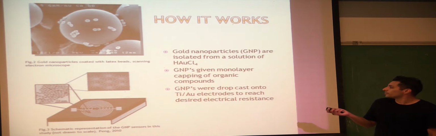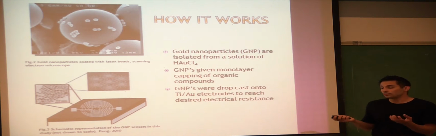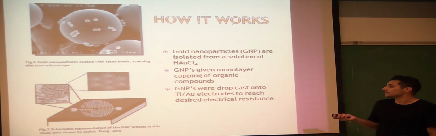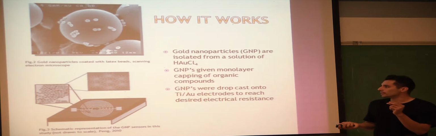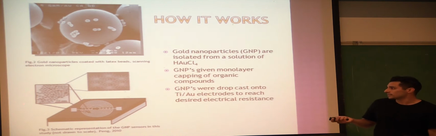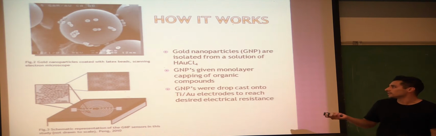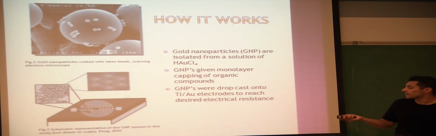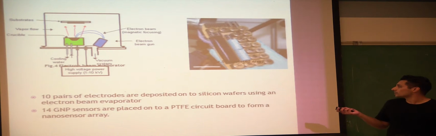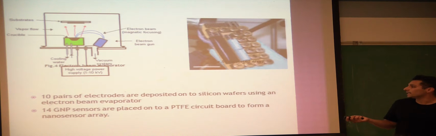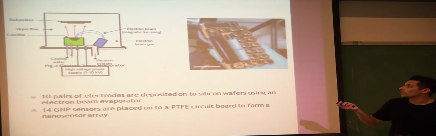And because they're so small, they're not able to weld or put them on the sensor. So they use a process called drop casting, where they add a very small bead of liquid containing the solute, and they spin it really fast, and it dries off, and it goes into these little wells of the sensor. And so these sensors right here are then added onto a silicone wafer using a process called electron beam evaporation. So what it does is there's an electron beam gun that's focused onto a little well of these electrodes, and then it heats it, and it's able to control the evaporation rate and where you want it to go onto the